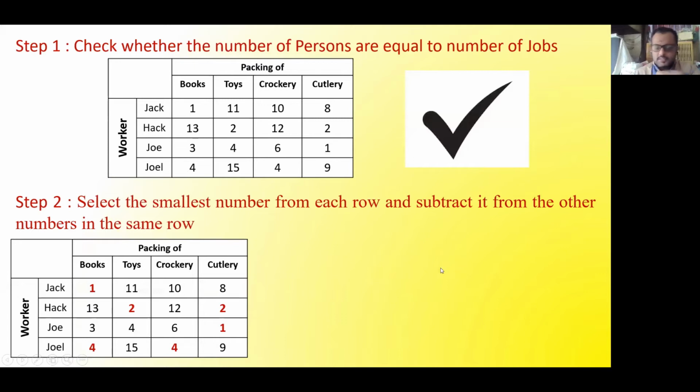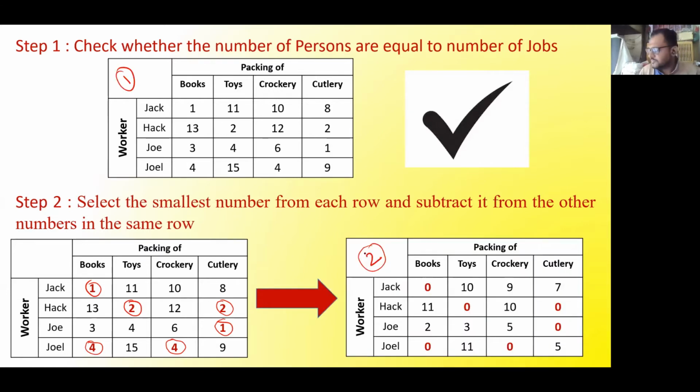So here, the minimum number in the first row is 1. Then the minimum in the second row is 2, but it is in 2 places, so no issues. Then in the third row, there is 1, and in the fourth row, it is again 4, which is appearing twice. So no issues. Let it appear once, twice, thrice, all 4 times, no issues. Our procedure will remain the same. So performing this step, I will get this matrix as my step number 2. So this is my step number 1. This is my step number 2, which is on your right hand side.